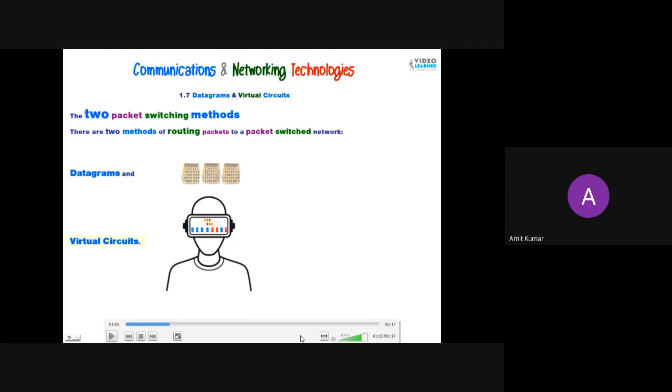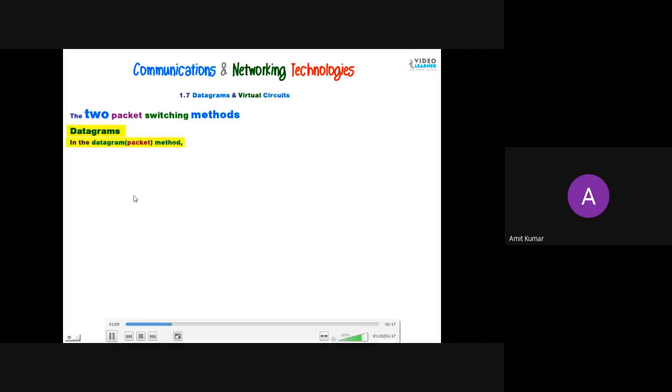But in packet switch network, which you are going to study here, you need not reserve all the resources. So the resources can be utilized effectively. That's why these two types of switch methods have been used in routing. These methods are generally used to send the message from sender to receiver.